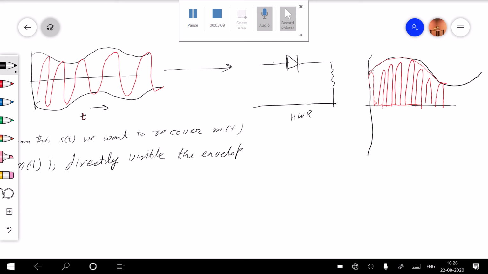I hope you get the idea that once we pass this through the half-wave rectifier, we simply get the positive half, or if I use the tool available, so what I get is